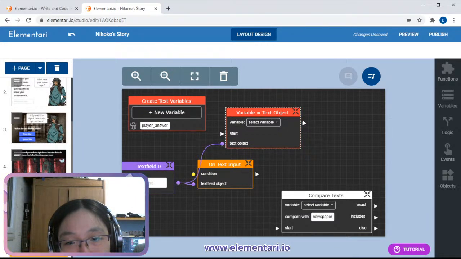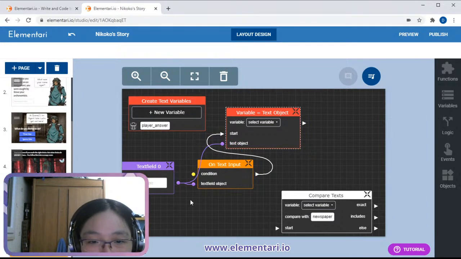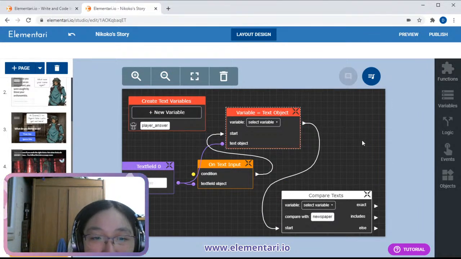And we're missing a connection. Okay. What variable do we select? It says select variable.